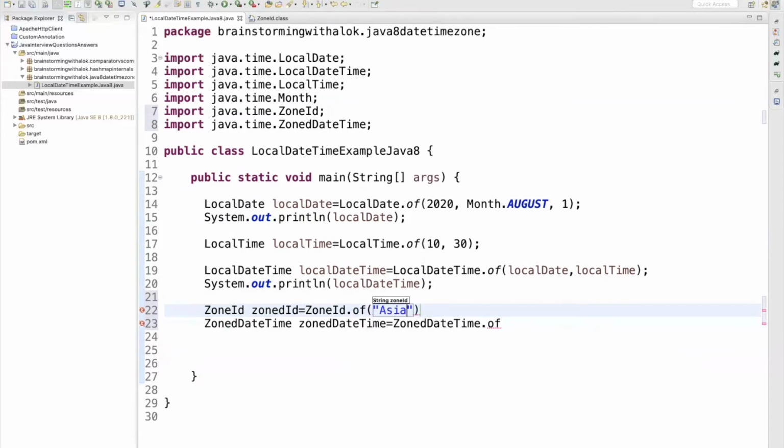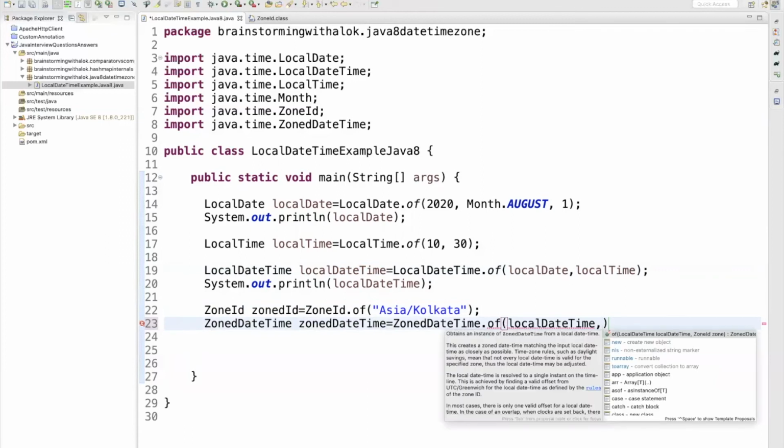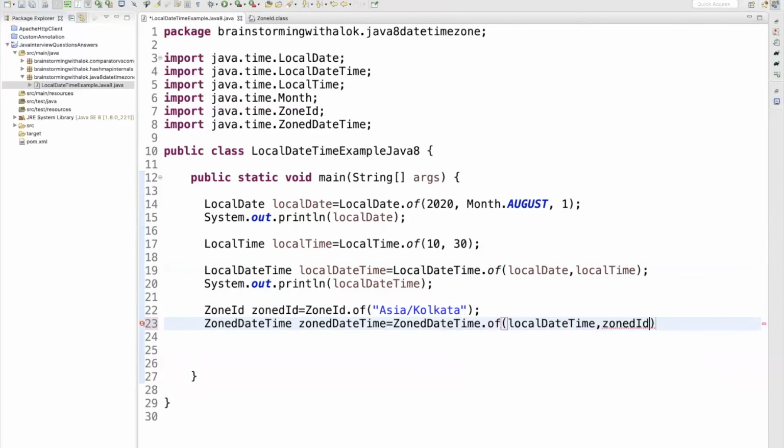Like for India, you can give Asia/Kolkata, and the LocalDateTime you have given, and then you have to give the ZoneId, the one that we have created. Let's print this.